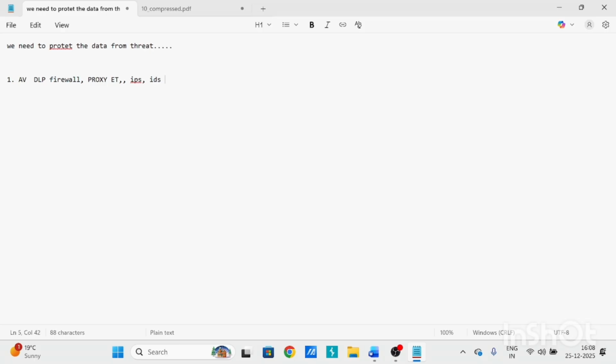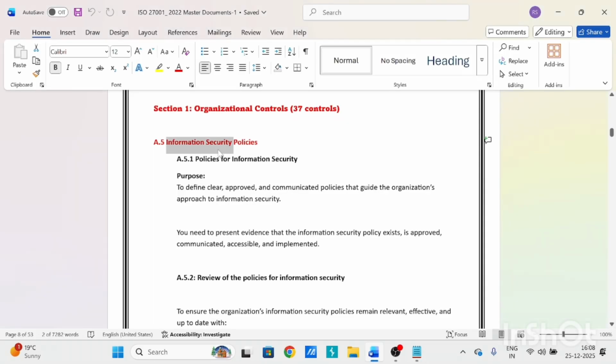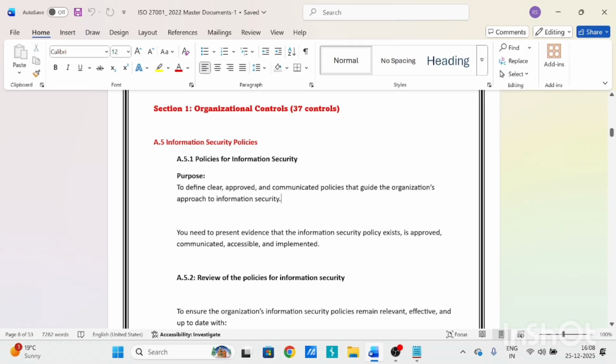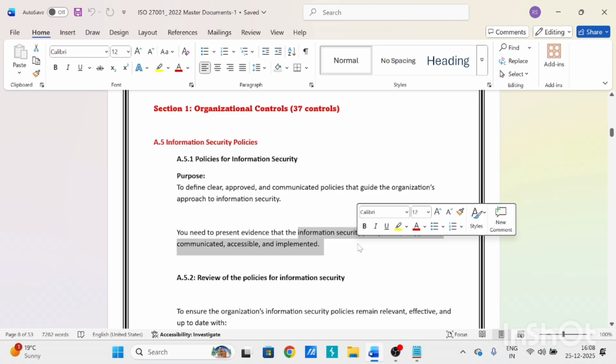So we need to have controls in our organization to protect the data. This policy talks about that: we need clear, approved and communicated policies that guide the organization's approach to information security. You need to present the evidence that the information security policy exists, is approved, communicated, accessible